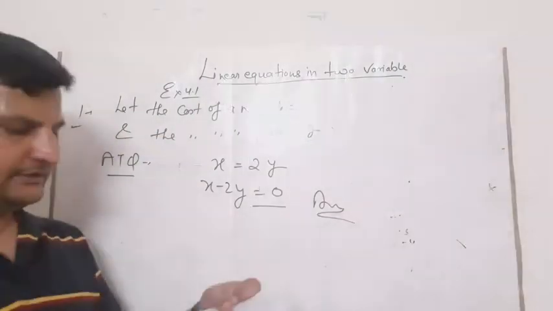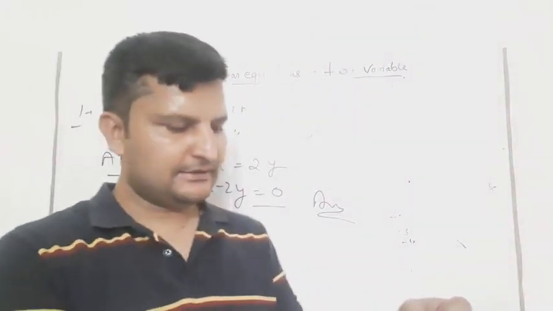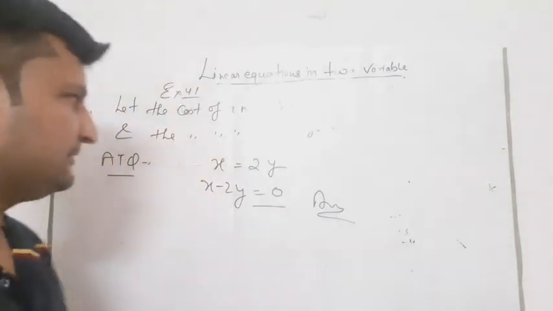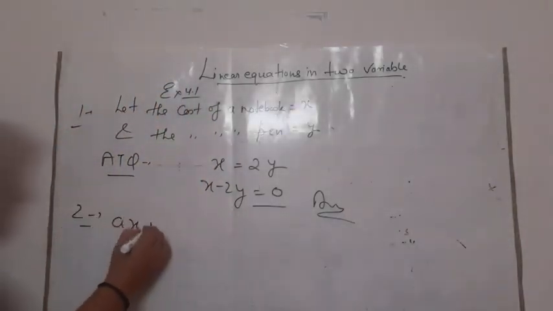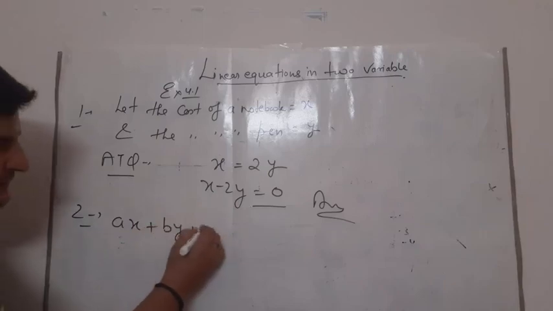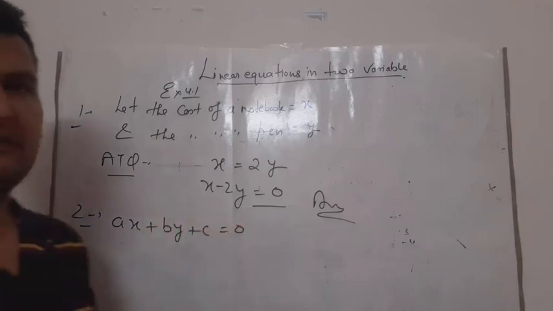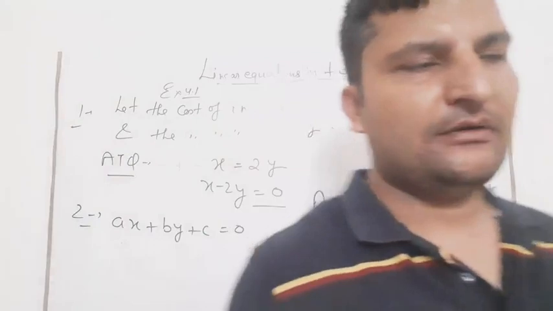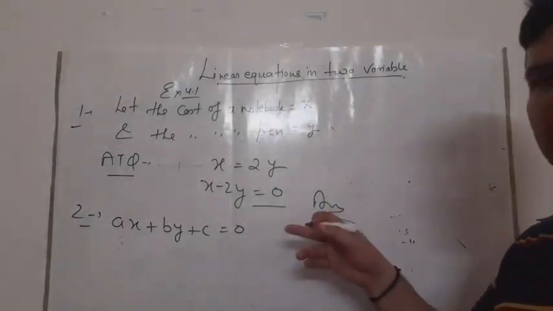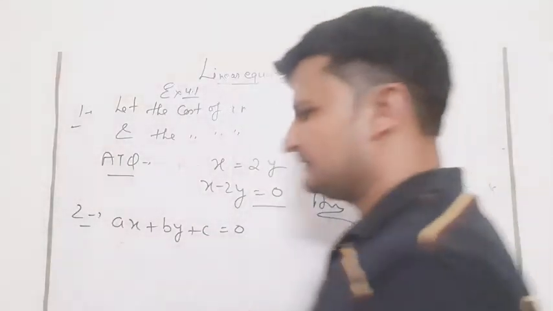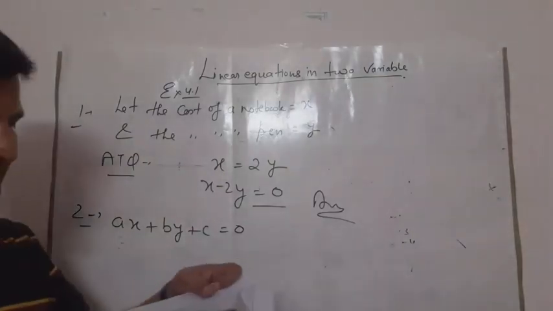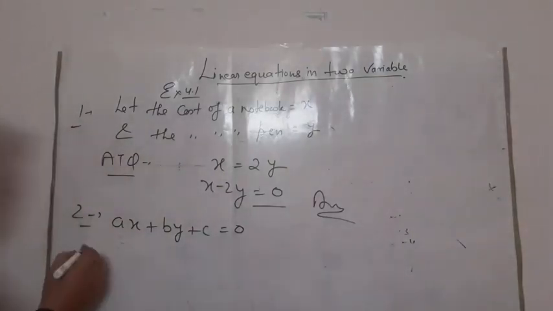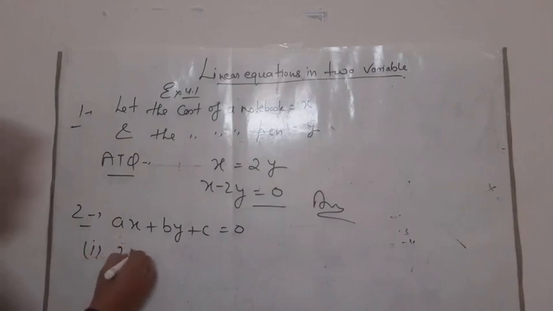Similarly, now the second question is: express the following linear equations in the form ax plus by plus c is equal to 0. So what do we have to do first? We have to write all the equations in the form ax plus by plus c is equal to 0. How can we do it? The first equation is 2x plus 3y is equal to